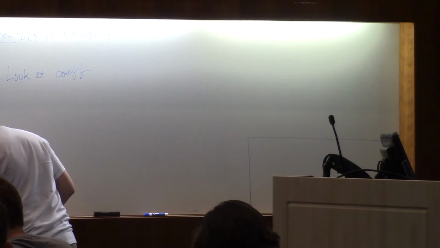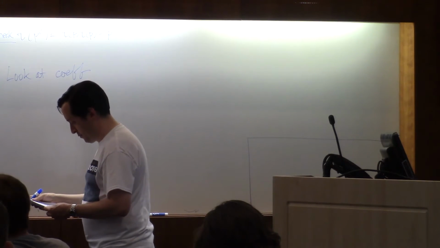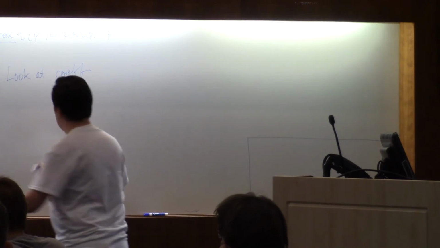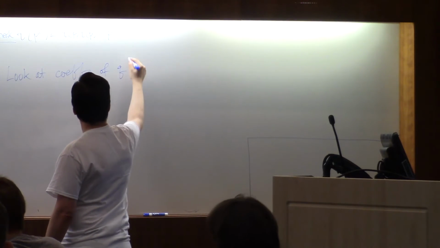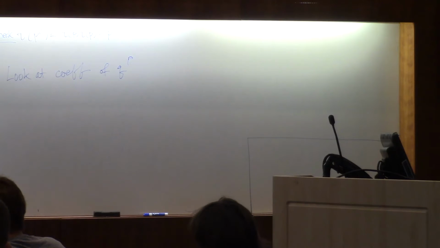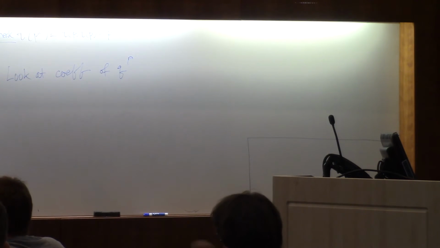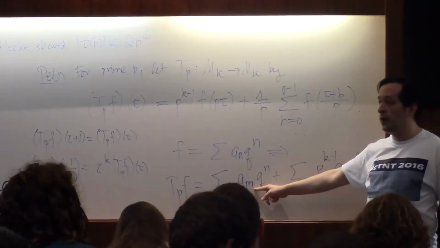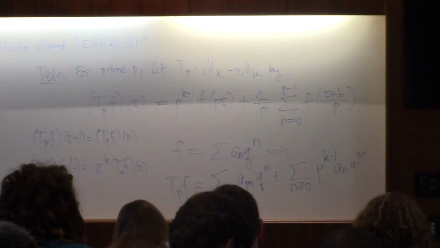the coefficient of, let's see, which one do I want to do? Let's look at the coefficient of q to the p. Okay? So the p here is a prime number. So where do you get a q to the p? So here if you have a q to the p, it's a_p squared. So the coefficient on the left side,